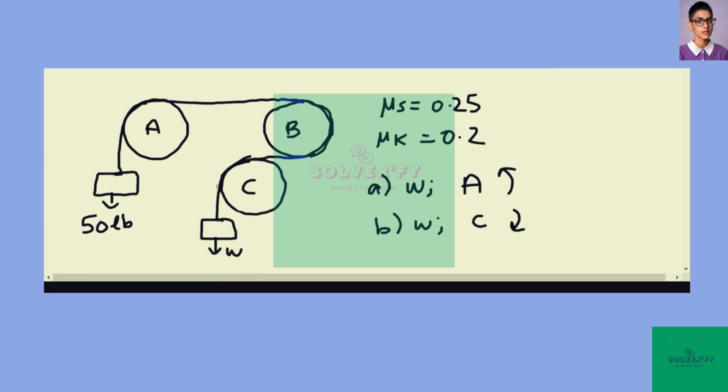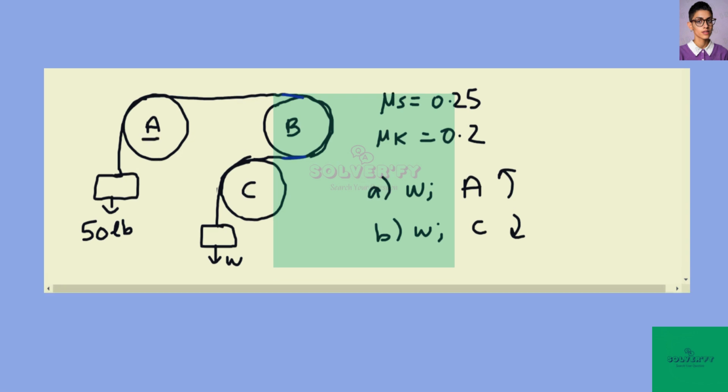So in this problem, we're given three pipes, A, B, and C. We have a cable that goes around these three pipes. We have a 50-pound weight on pipe A and a weight W on pipe C. We're given the static coefficient of friction to be 0.25 and the kinetic coefficient to be 0.2. And we're asked for the largest weight W when A is rotated counterclockwise and the largest weight W when C